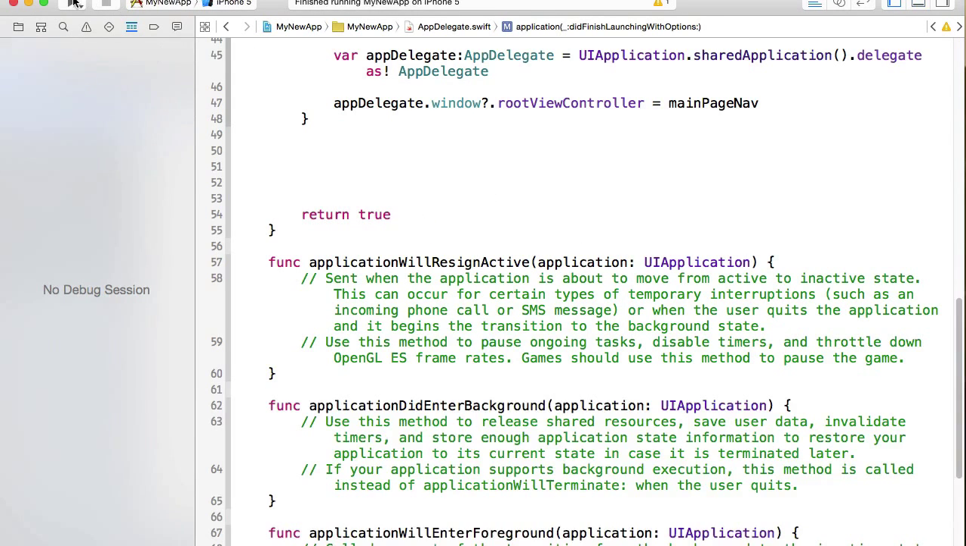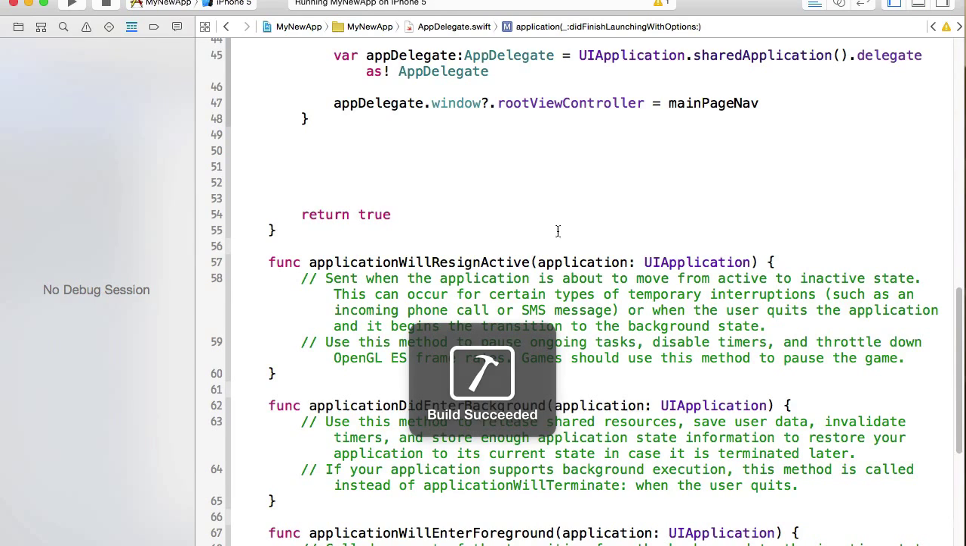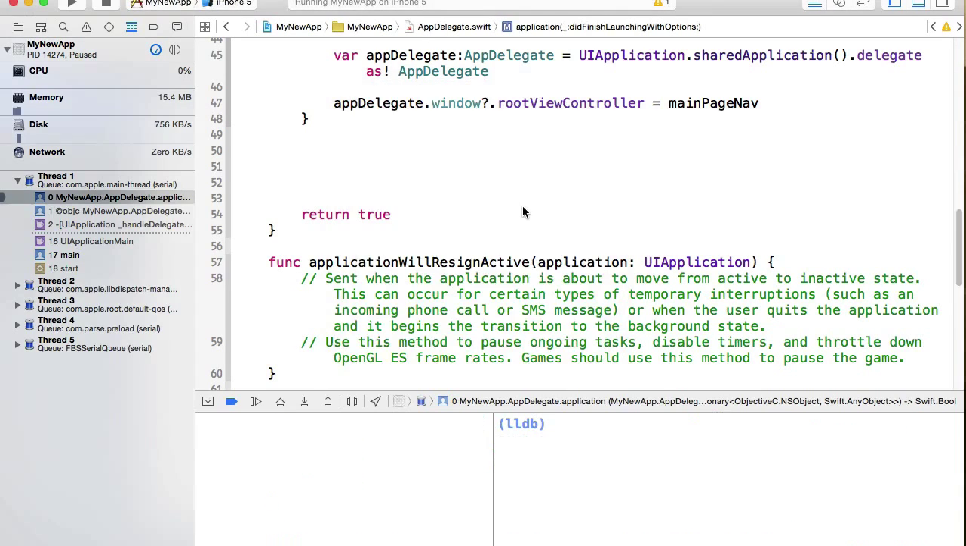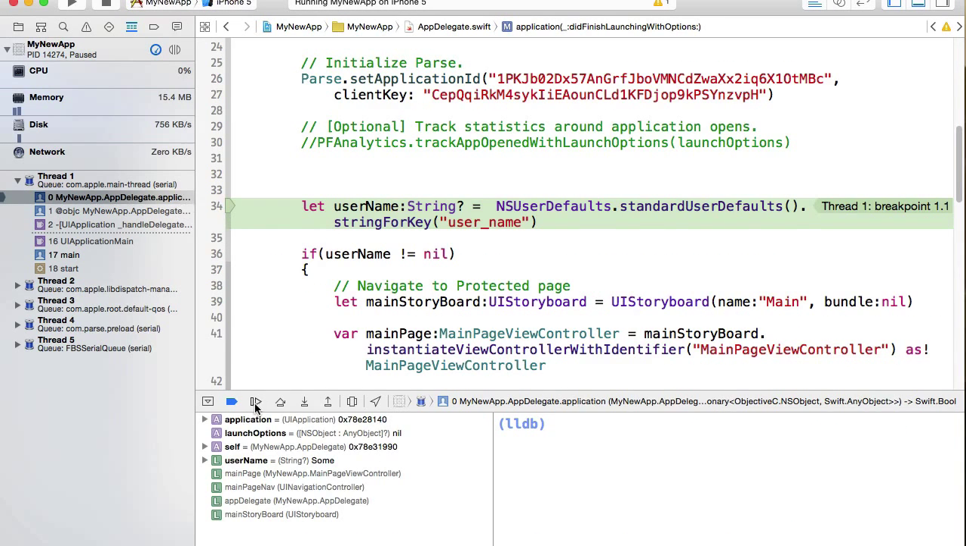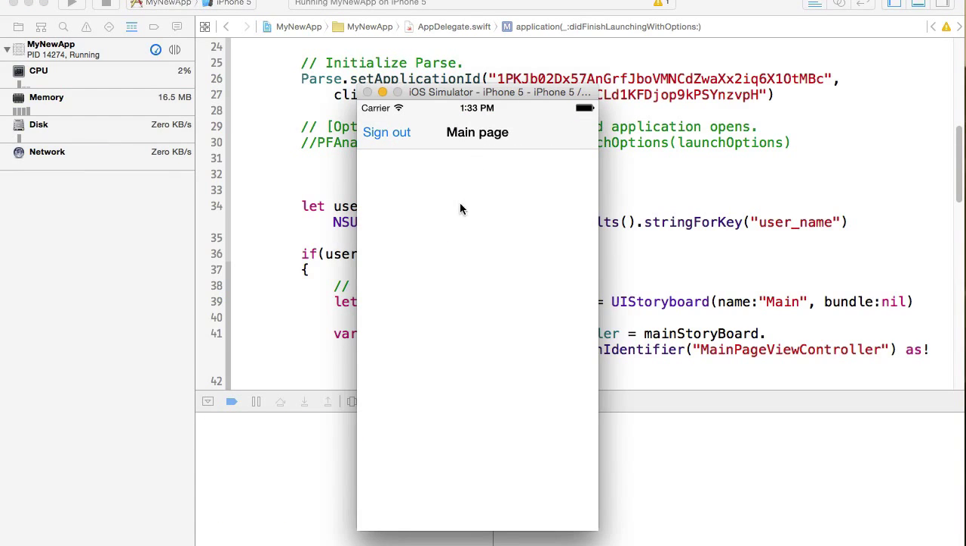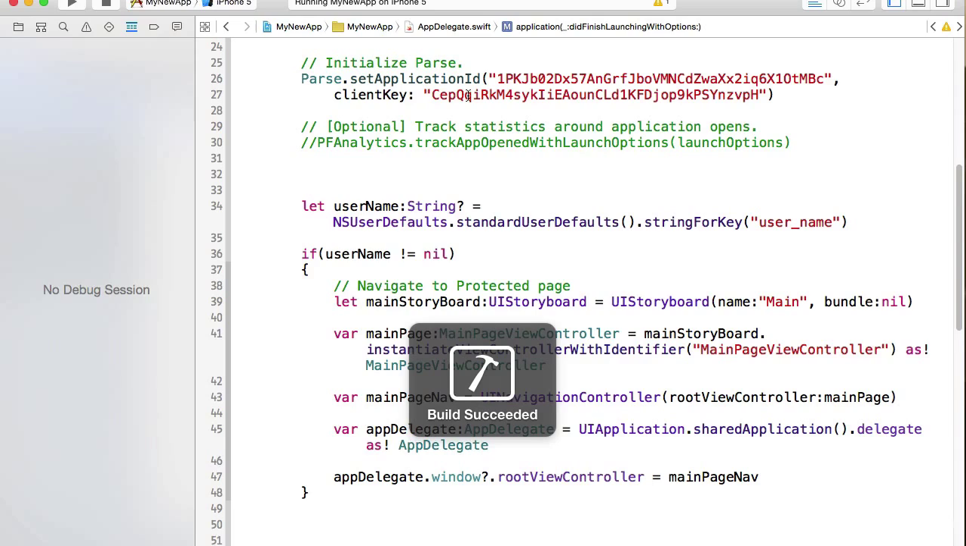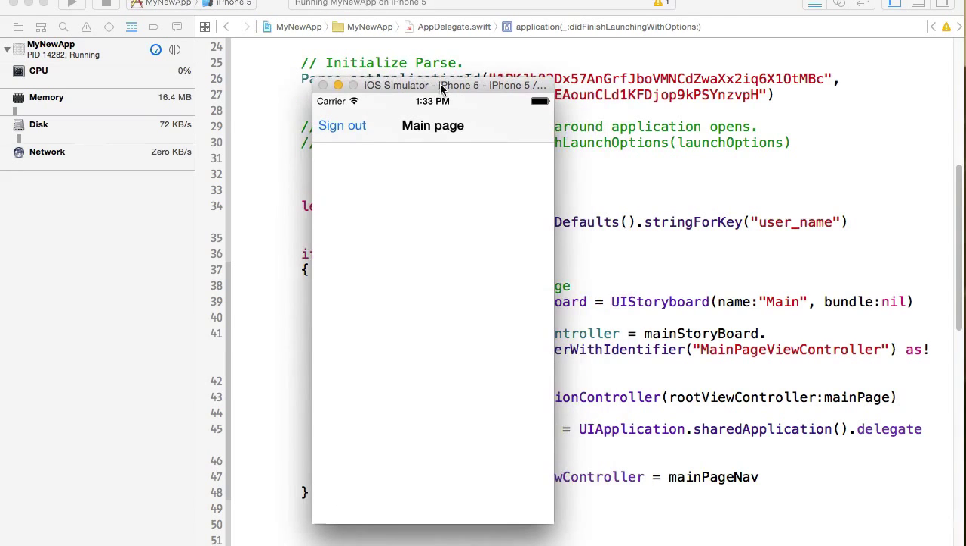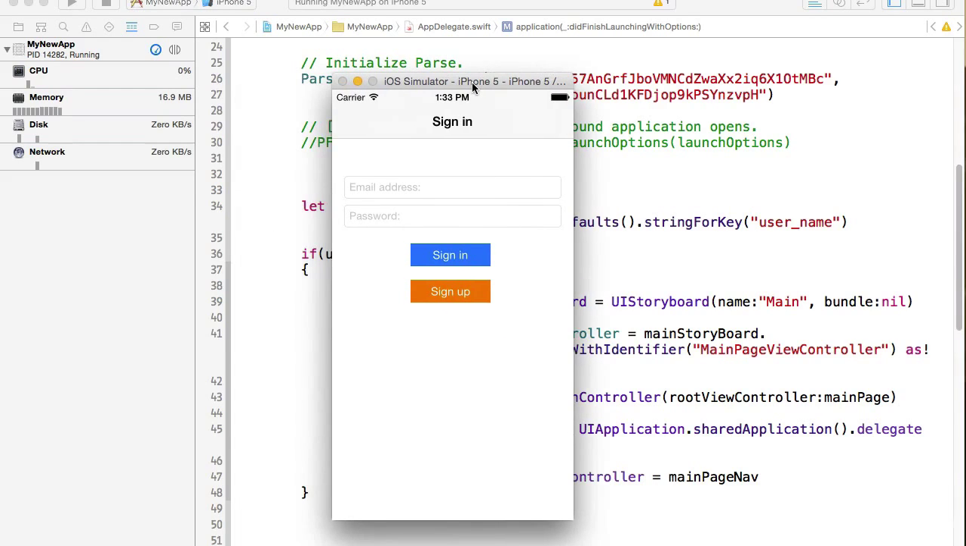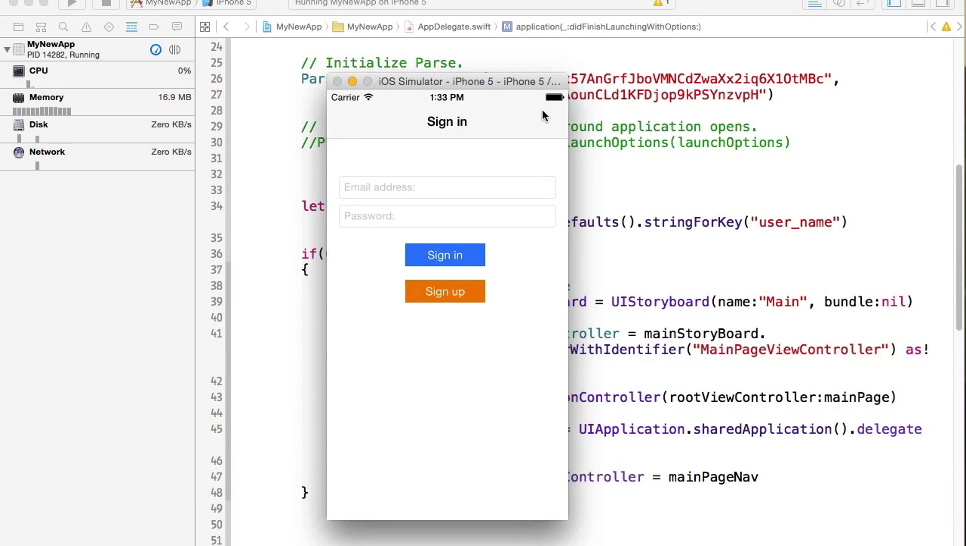Okay, stop, run. It should be protected page now. Yeah, it's protected page. So every time I start my mobile application, I'm logged in user, it will always go to protected page. But now I want to sign out, and it goes to sign in. Okay, so very good. I think we are done with our sign out